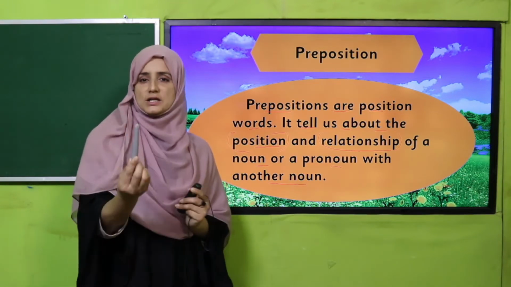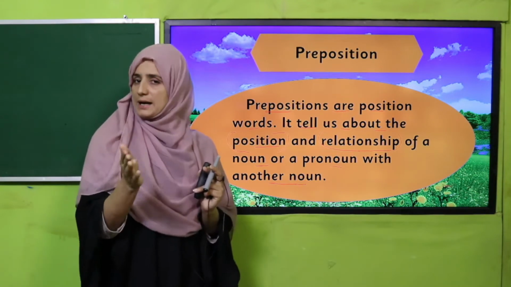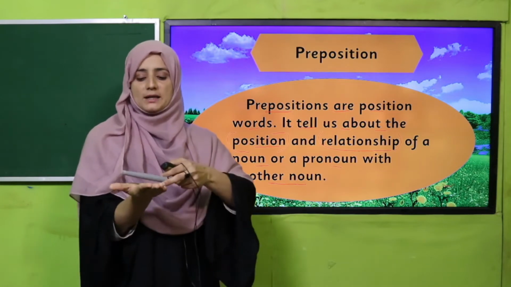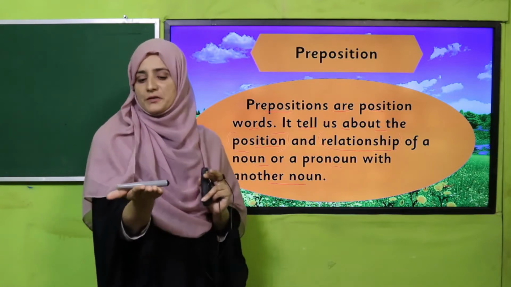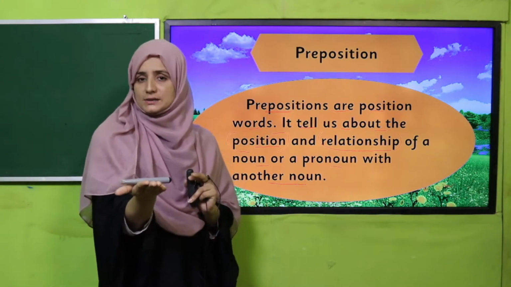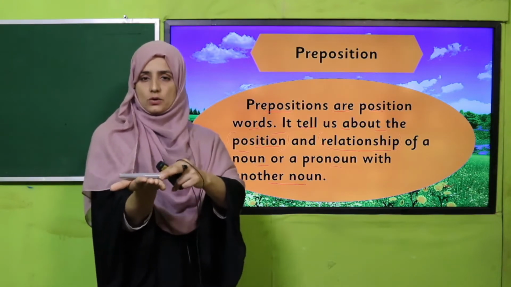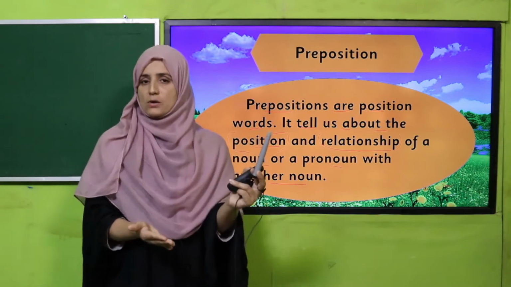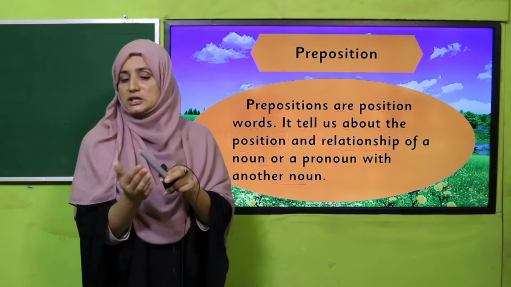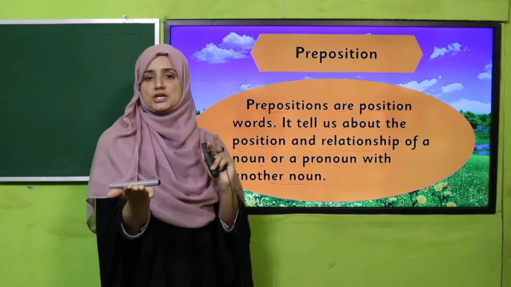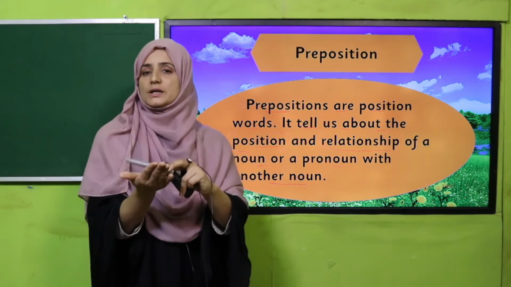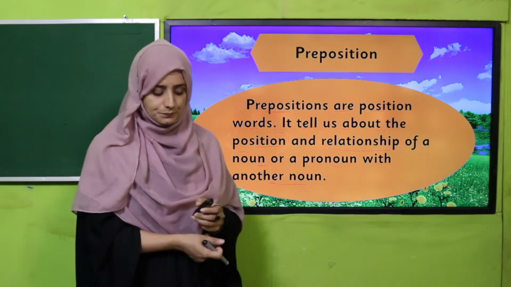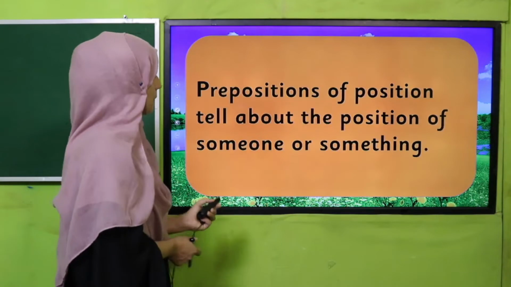Okay, you can see that there is a noun, there is a pen, and this is hand. My hand is also a noun. Our parts of body are also nouns. You know that. So if I keep that pen, see there. So where is the pen? Respond to your teacher. Yes, good. So this is on the hand. Okay, this is on. So this on is telling us the position of a noun and relationship. What is the relation? This is a noun and this is also a noun. The relationship is on. That word is telling us both things. So such type of words are called prepositions. Okay, have you got it?